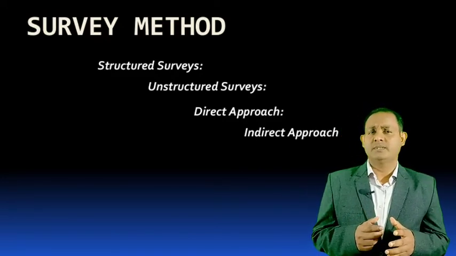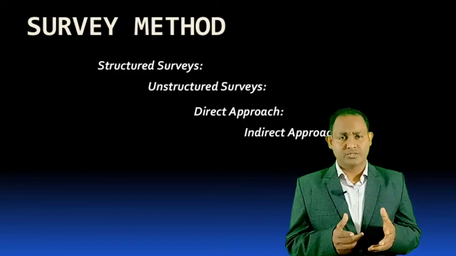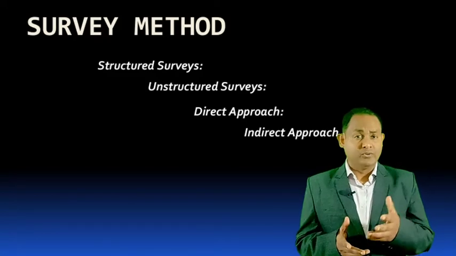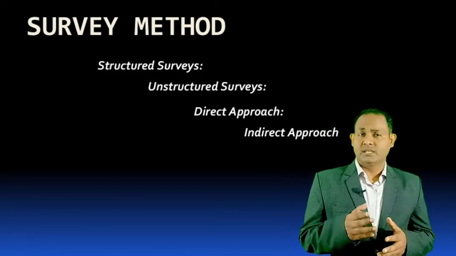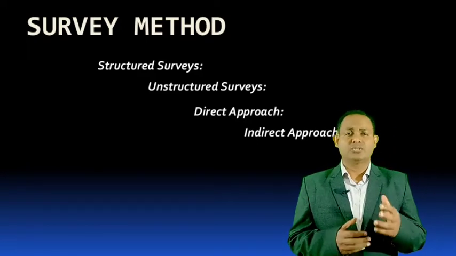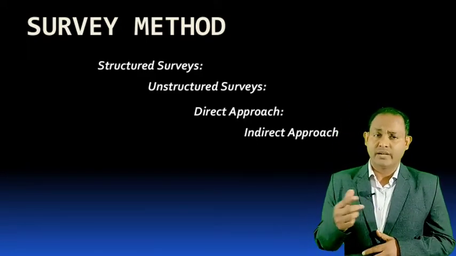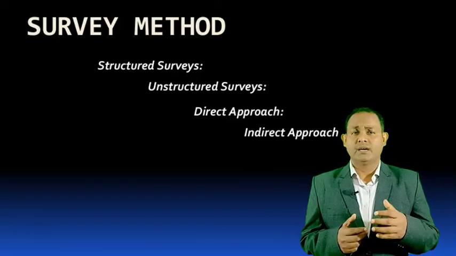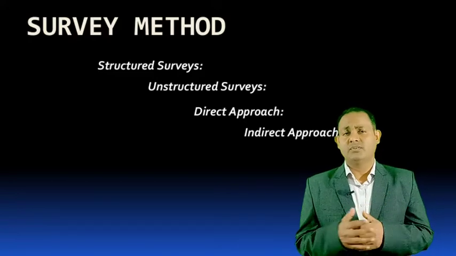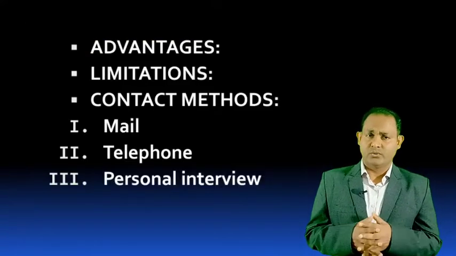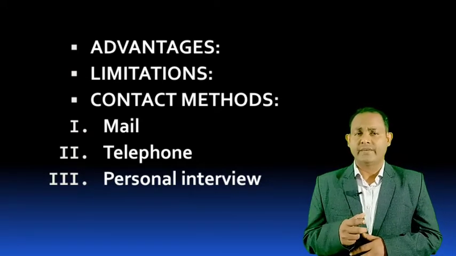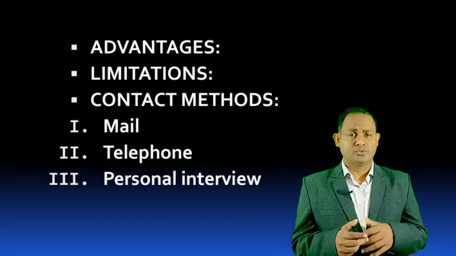In the direct approach, the researcher asks direct questions about behavior and thoughts, such as why you do not eat at McDonald's. In the indirect approach, the researcher might ask, for example, what kind of people eat at McDonald's. Basically there are different types, and with the indirect approach,